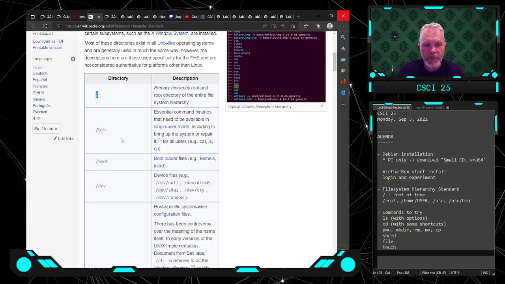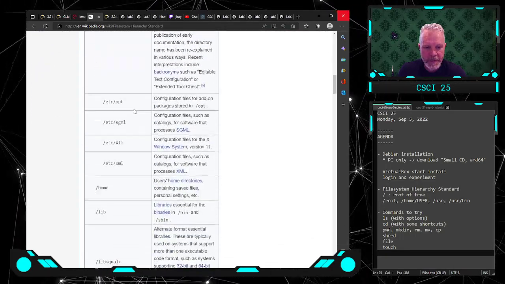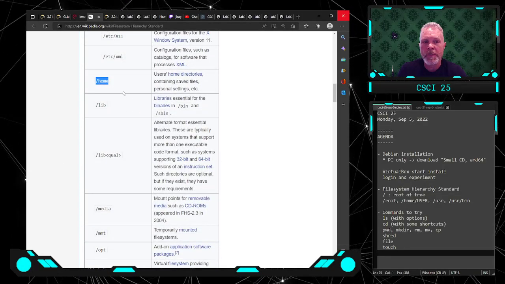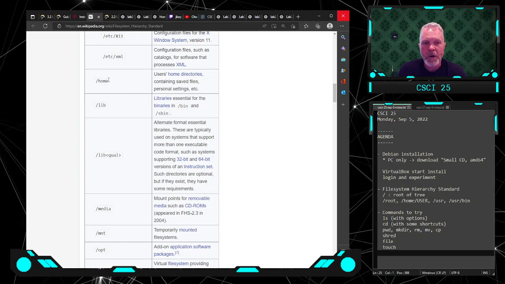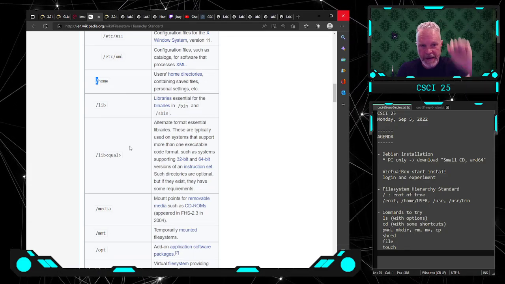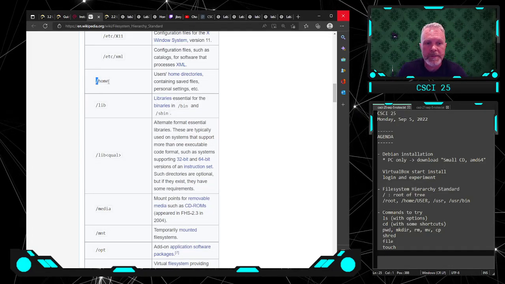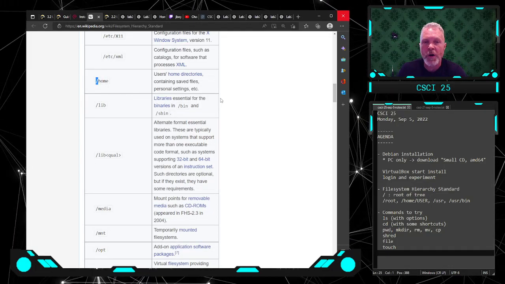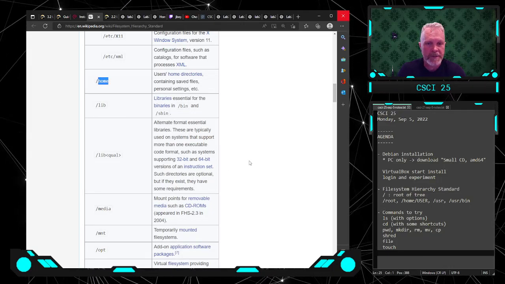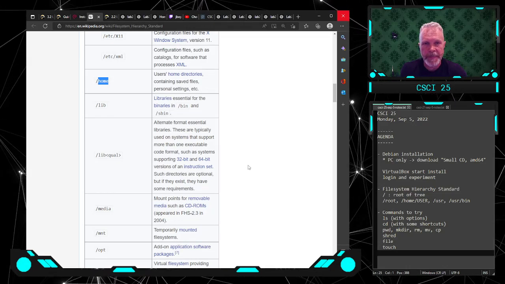Okay, and then we have some other ones, and I'll just scroll down. You'll read through these a little bit and talk about some of the ones that are interesting for us. Short term, so slash home. You'll notice that the home folder is a branch of the root of the main tree. So it's one of the main branches coming off of the root directory is home. And inside of this home folder is where you will find all of your user folders, your users' home directories,